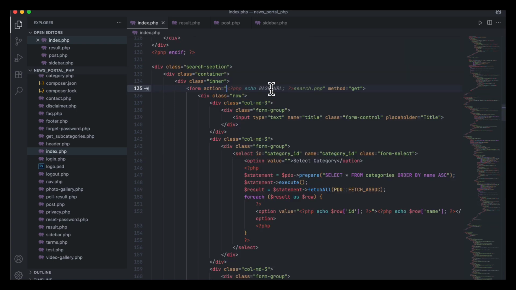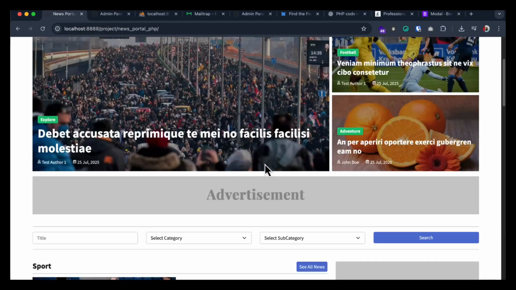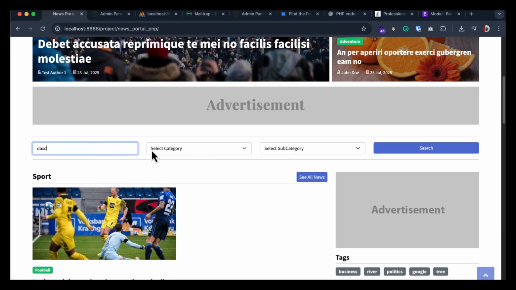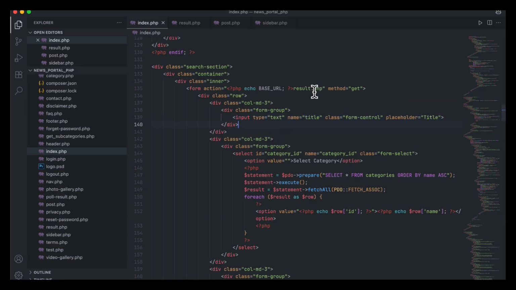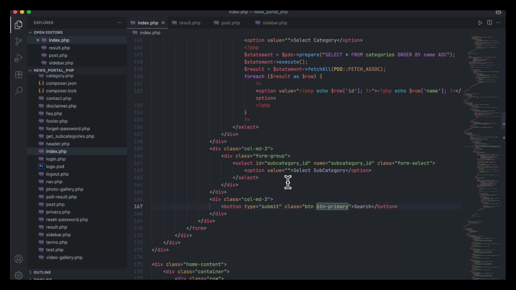And here action equal to result, base URL, result.php, question, or here result.php is okay. As I use the method, the title placeholder, okay. So go to the home, and if I click here to search, you will see nothing coming. But if I give the data here and search, no, it is not going. So what is happening? Form method equal to get, and here the submit search button,